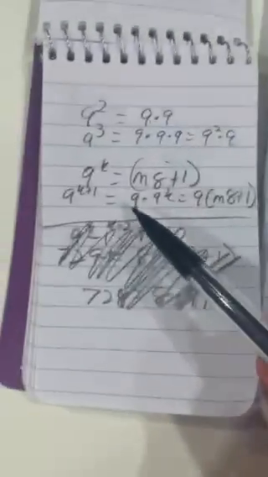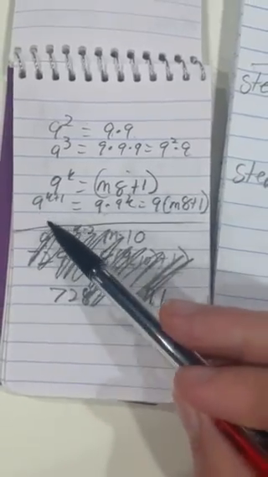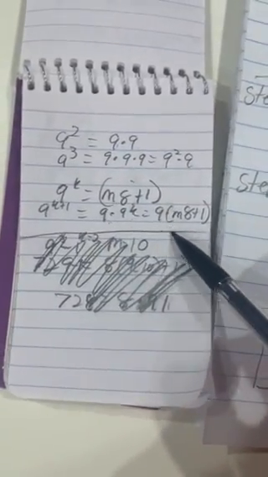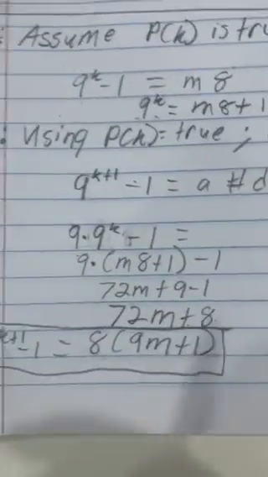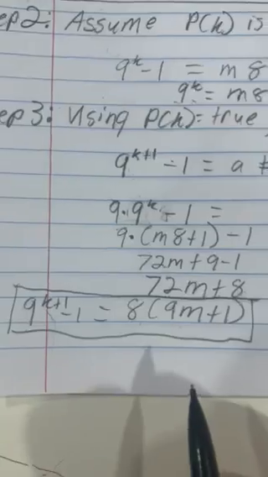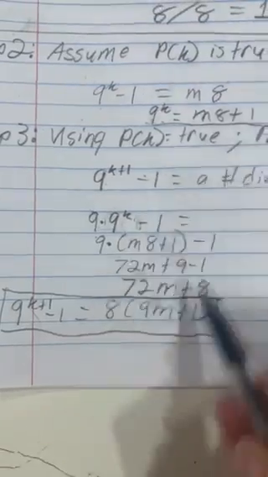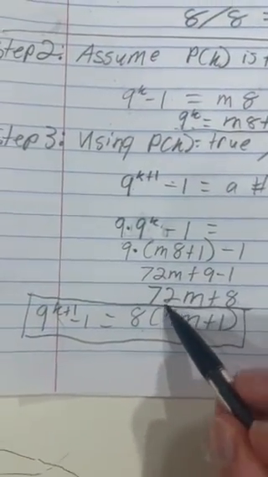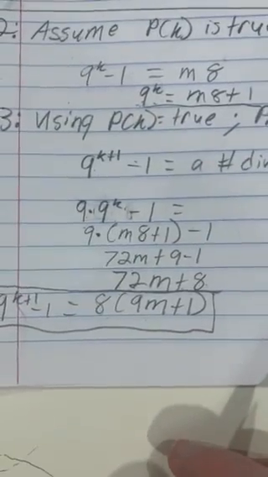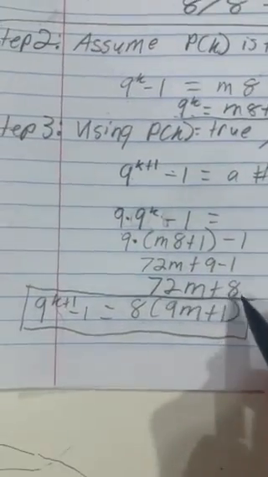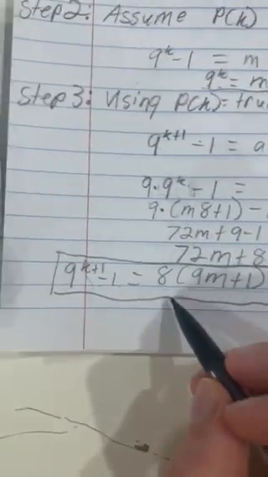So this 9 to the k that we have found over here, 9 to the k plus 1, is now this 9 times 9 to the k, or 9 times (8m plus 1). Now using this, we can just solve and do some basic math, right? This 9 to the k becomes this value that we showed up here. Put it right there. Do some basic math till we get here, and you have 72m plus 8. Now this, we can factor out an 8 and show that 9 to the k plus 1 minus 1 is equal to some number, in this case, 9m plus 1 times the value 8,